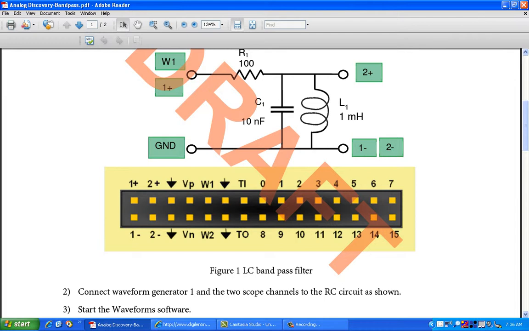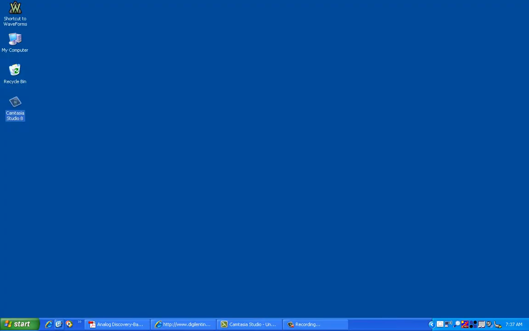Once this setup is ready, it is time for us to open the waveform viewer. Waveform viewer is a software which gives you an option of feeding any periodic or aperiodic signals which you want to feed into your electronic circuit, and at the same time the software gives you a provision of tapping out the outputs also. Let us try to understand how to do that using the waveforms software.